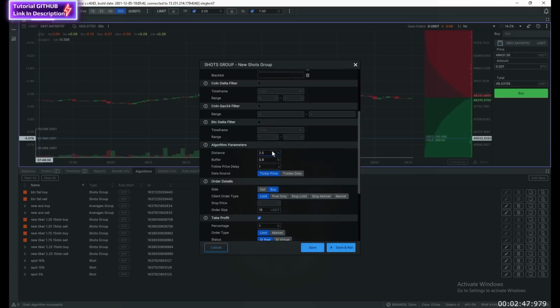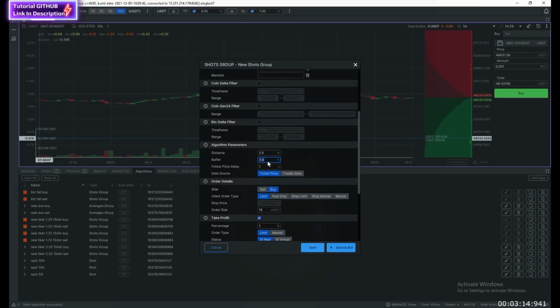Algorithm parameters allow you to set your parameters for an order. Distance determines how far from current price in percentage an order should be placed by the algorithm. Buffer is the area where the price is changing freely without causing any changes in the order position, placed by the algorithm. It's also set in percentage of the current price and divided by 2, which means that half of the set value will be upper buffer zone above the price